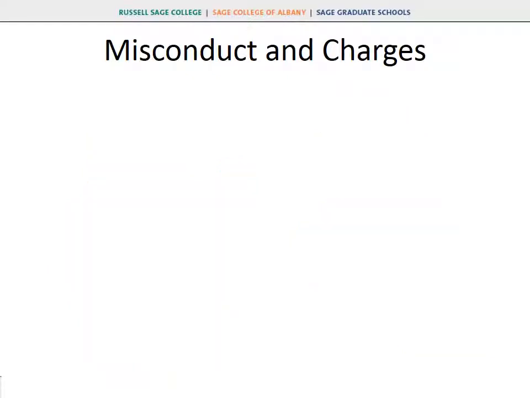Misconduct and charges. Incidents of potential misconduct are recorded in reports from public safety, residence life, local law enforcement, student life, or, in the case of academic misconduct, in letters from faculty members. These reports do not make a judgment of innocence or guilt. They simply tell the who, what, where, when, and why of the incidents they document. In Steve's case, the public safety officer responding to his room would have logged Steve's name and age, as well as the names and ages of those present in the room with him. The amount and type of alcohol they were consuming is also recorded, as is the general scene the officer discovered